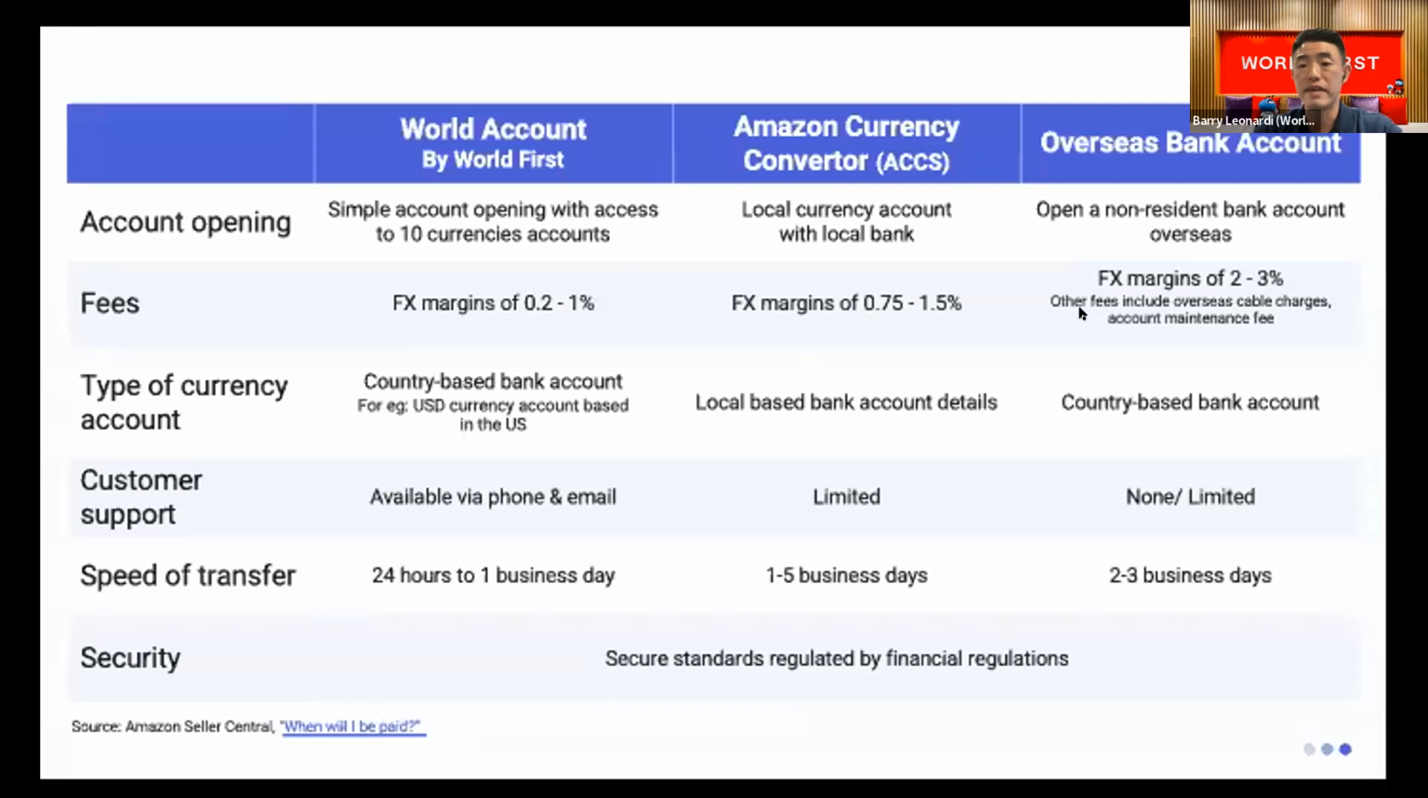As well as the FX margin that's charged by an overseas bank account if you use them to collect your proceeds and then send it back to your local account in your country. They will charge you much higher fees, up to 3%. So I hope that this can actually show you the cost savings